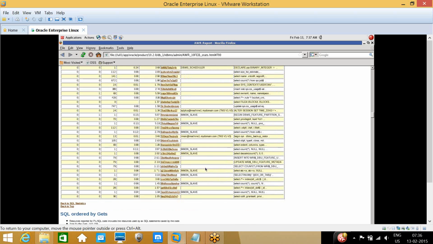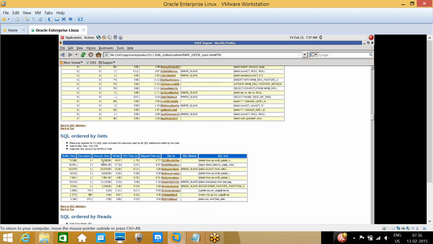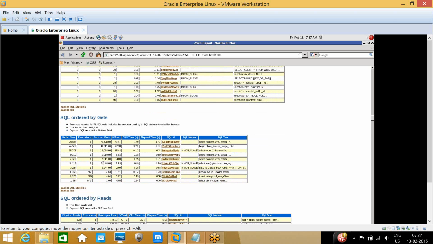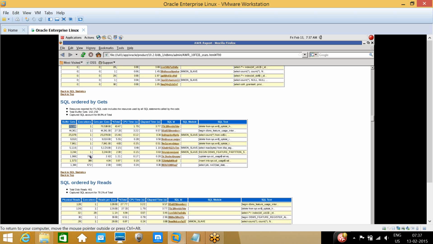If it is taking more gets, you need to report that these many buffer gets are being performed, and gets per execution, meaning for one execution it is taking these many gets. Reads here is physical reads, while gets means from the buffer cache.